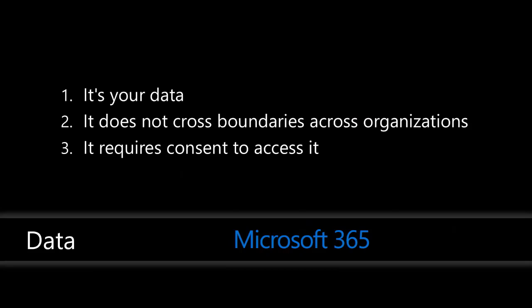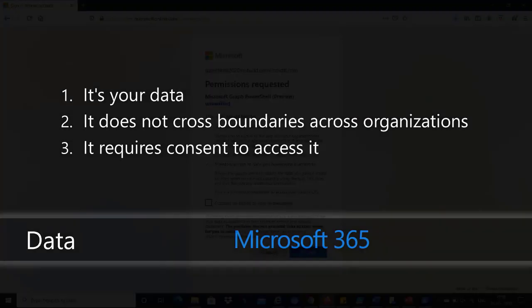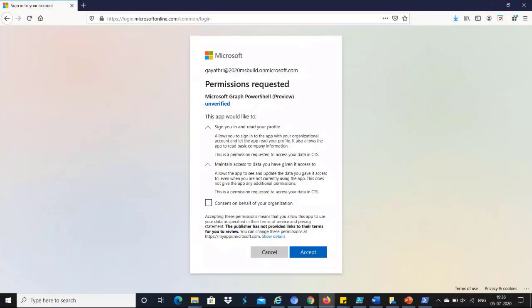If we don't have permission, then we cannot access it. Here I have placed a sample screenshot of how it will ask when you want to read your organization data. For example, here is the screenshot of read your profile, and you can give the consent on behalf of the organization. Only the global admin can provide consent if you want to access the data on behalf of MS Graph.